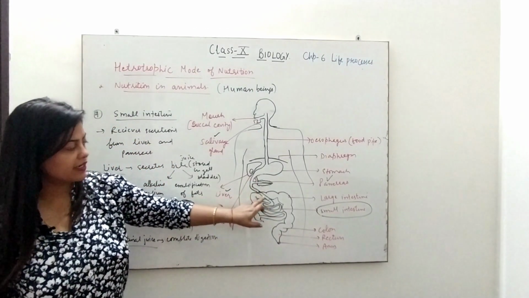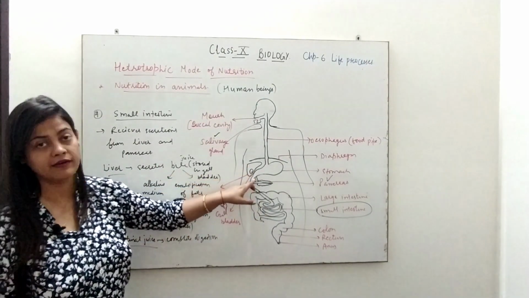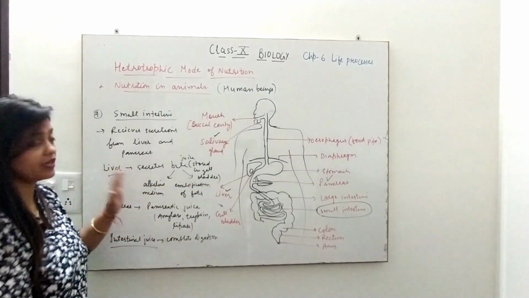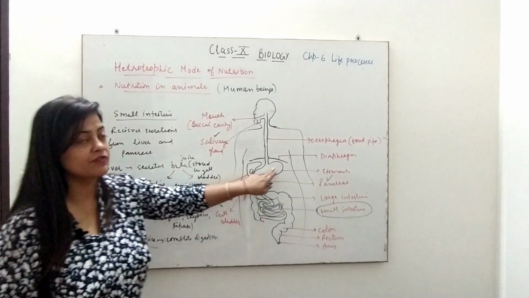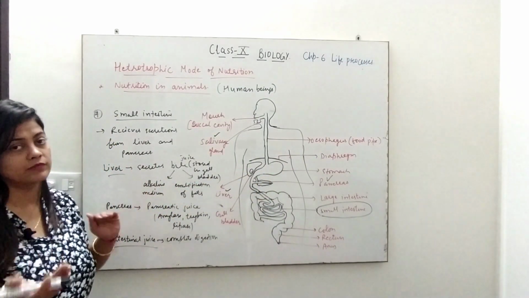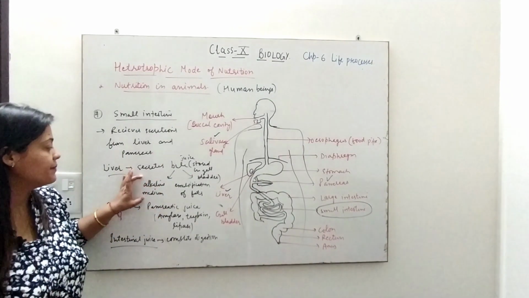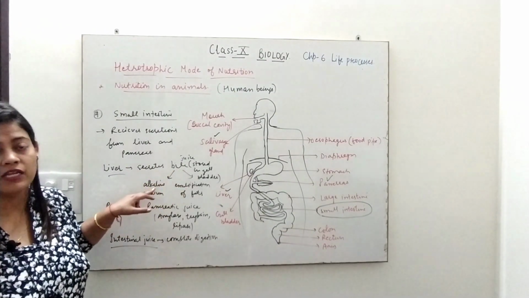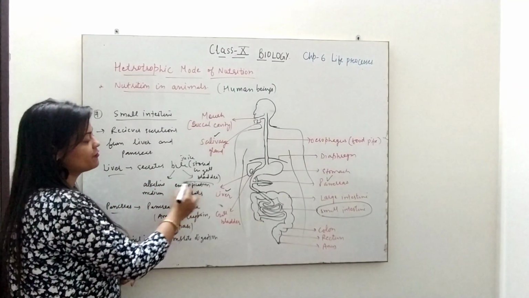So liver will secrete bile juice which is stored in the gallbladder for some time and then released. Bile juice has two functions. It is very important. इस पे बहुत बार question आता है. It is for providing the alkaline medium, because the food which was coming from stomach was actually acidic because of HCl. But to maintain the normal concentration, normal pH, there should be alkaline medium so that the acidity can be neutralized, which will be done by bile, because bile itself is an alkaline fluid. Second is emulsification of fats.